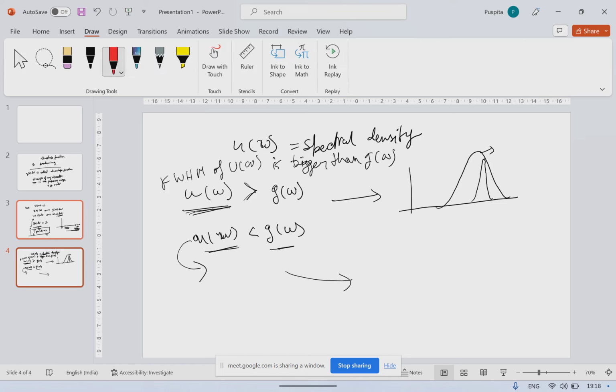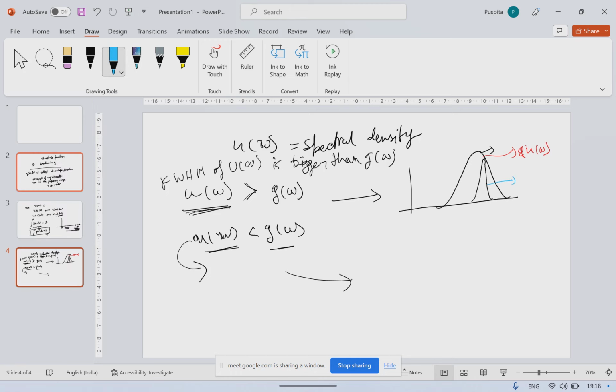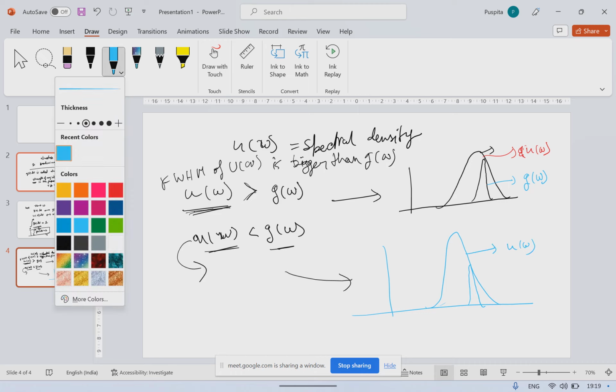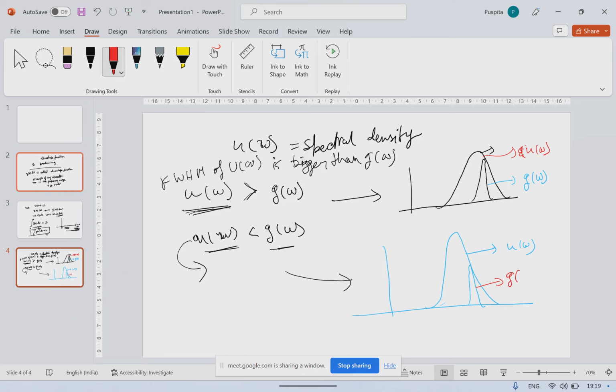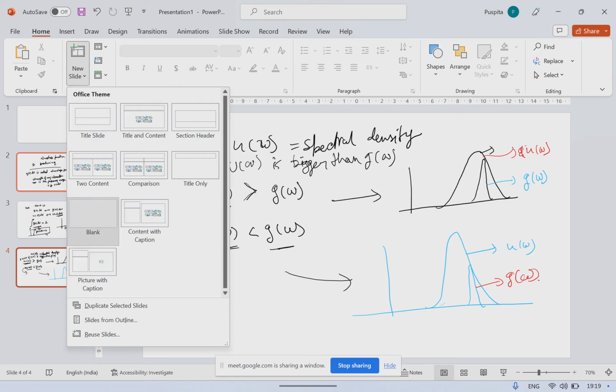Okay. This is u omega, and this is g omega. And this can be shown like this: this is u omega, and this is g omega. And depending upon this condition,